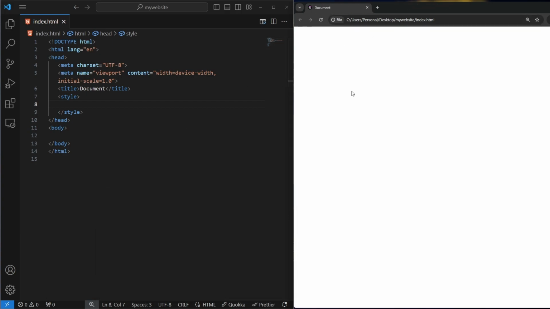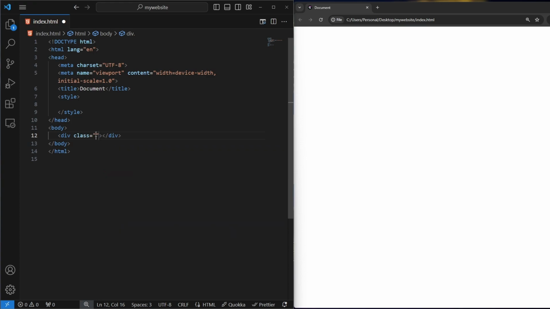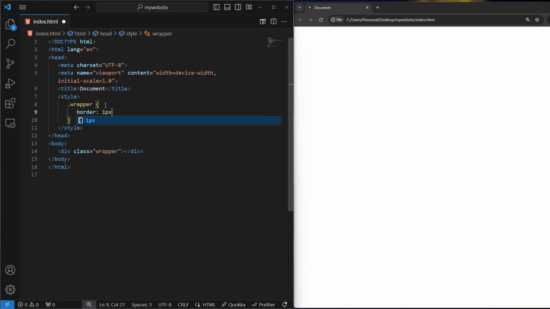So at the moment we don't have any content inside our body. So let me just add a div here with the class, and we pass wrapper as our class name. So I am selecting wrapper in here and add some styles on it. So I think I'm gonna add a border of 1 pixel solid black. Ayan. So let me just add a height